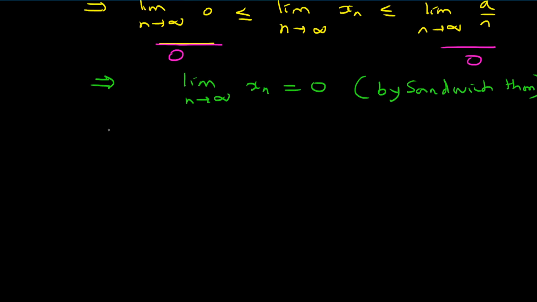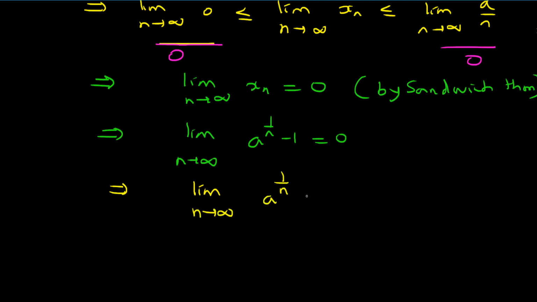So that gives us limit n tends to infinity a raised to 1 upon n minus 1 equal to 0. And again, by the same arguments, I am omitting some steps, but which are simple. I can write now directly a raised to 1 upon n is equal to 1. Okay, I am not directly taking this 1 on this side. We are using similar arguments as we have discussed in the previous example.